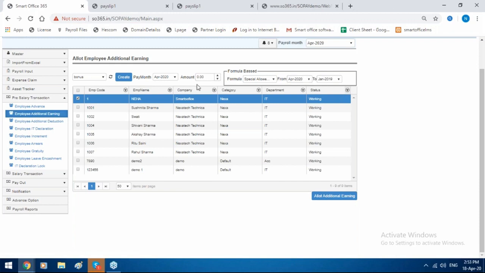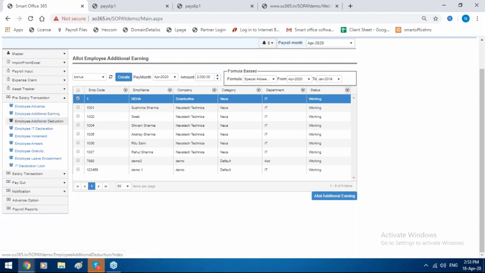Another option is that you can add manually. You just select a particular month, mention the amount how much it should be, and you can allot. So you will get both options: one is a total amount and one is formula based. You will also get an Excel sheet, so you can import in bulk for all the employees.